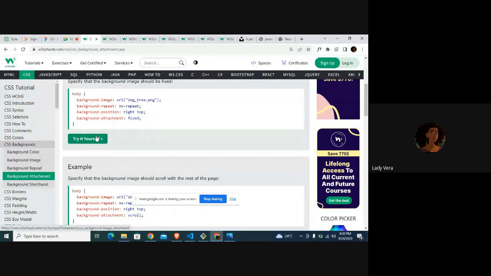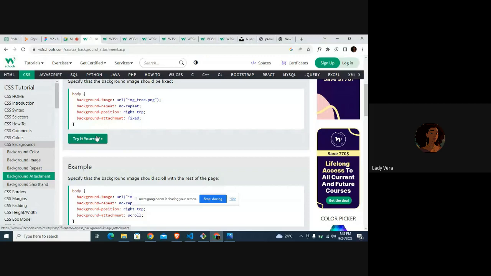Inside background repeat, we're either using background repeat X, where I want it to be repeating going along X, or I want it to repeat going up or down or left or right, or I don't want it to repeat at all. We also have the background attachment, when we want the background we are using to be either scrollable or fixed. We also have the background size, where we can actually specify the size we want the background to be. We could have cover,